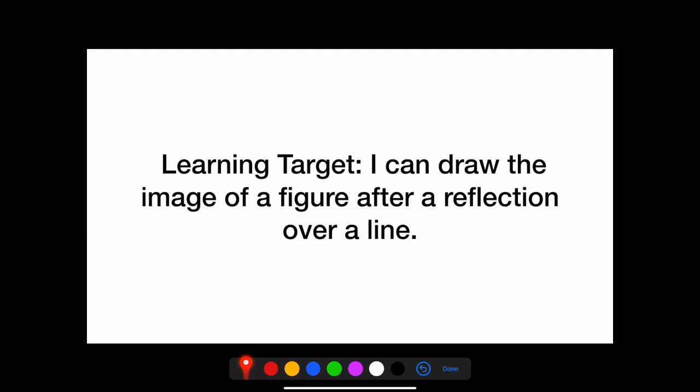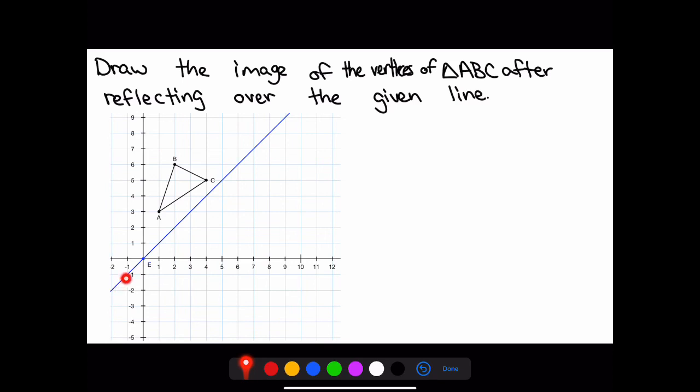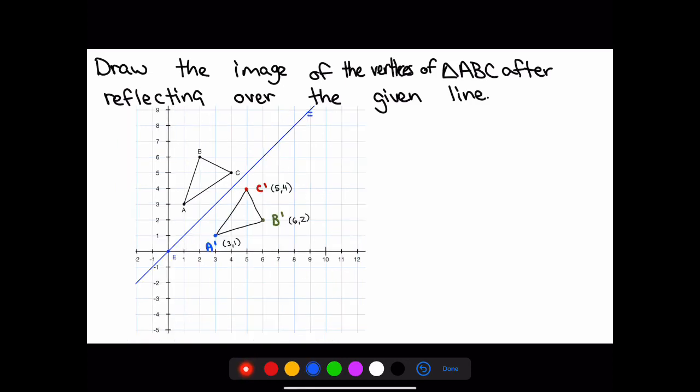Our next learning target is I can draw the image of a figure after a reflection over a line. So we have this blue line here. We want to reflect figure ABC across it. So go ahead and pause the video if you'd like and try this one out on your own, and then we'll continue on after. So looking at this line, this is the line y is equal to